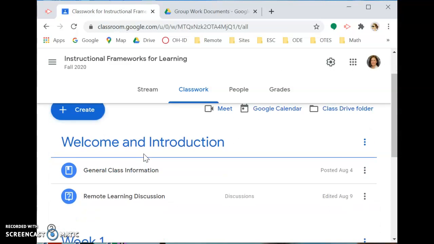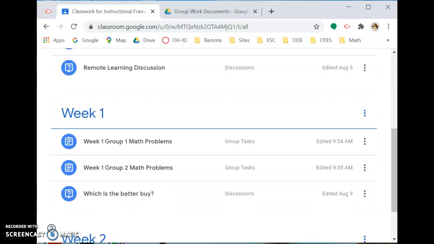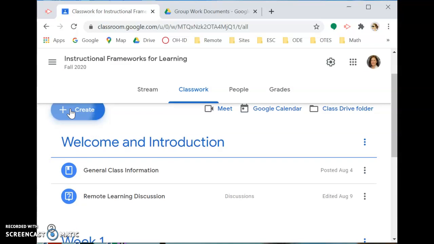Back in the classroom, you'll see that in your teacher view, you'll have a separate assignment each week for each of the different groups. On your end, you're going to see an assignment for however many groups you have, but on the student's end, they're only going to see the assignment that's assigned to them. So to create the assignment,